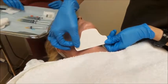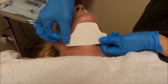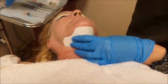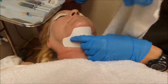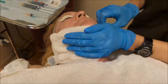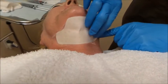First thing we do is we put a little grid on the patient after outlining the area that we're going to treat. And then we just let that grid kind of find its way onto the patient. It's almost like a temporary tattoo. We put a little bit of a wet washcloth over it. Okay, so now we're ready to see what our little tattoo looks like under her